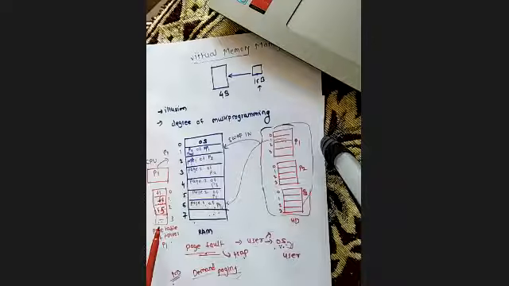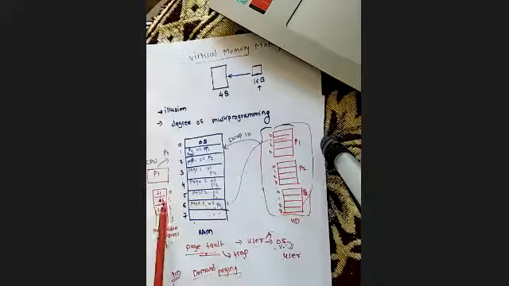Fine. So whenever CPU is asking, CPU is generating a logical address. That means whenever CPU is asking for any particular page, that page's details will be verified from the page table of that process. Verified matlab at which frame in the RAM that particular page is available will be identified. If that page is available in the RAM, then the details will be available here. Then that will be fetched and given to the CPU.